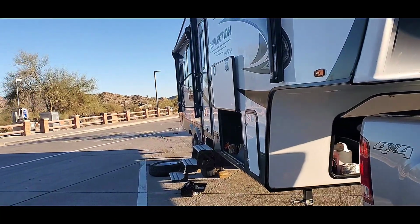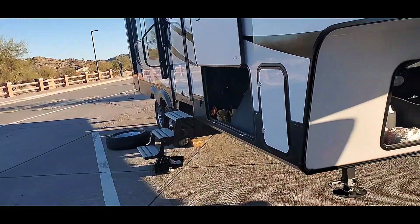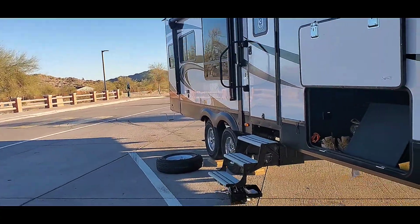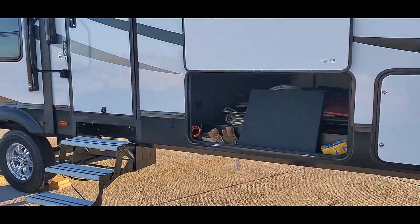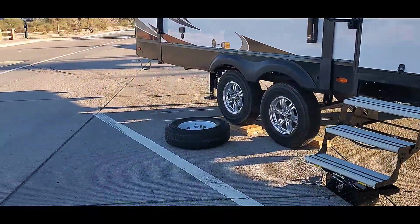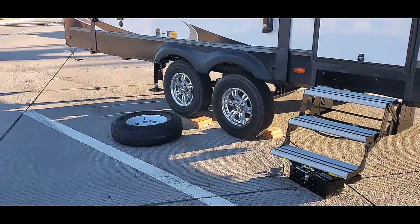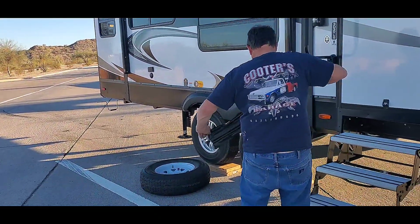This is our current situation at the moment, on our way to Quartzsite. Stopped at a rest area to take a bathroom break and check our fuel and do all those little maintenance checks. And Jim made his regular check on the tires, and this is a brand new one. We got a bubble appeared on the tires, so it was about ready to blow, so Jim is getting ready